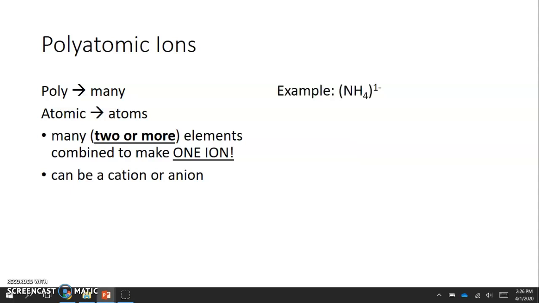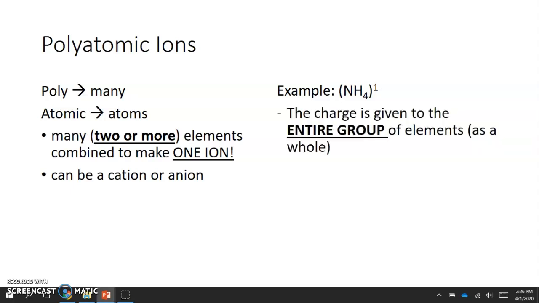So the example that we're going to be looking at here is ammonium. And ammonium is a polyatomic ion that typically has a charge of +1. Okay, so the charge is given to the entire group of elements as a whole. So the charge doesn't apply to just the nitrogen or the 4 hydrogens. It applies to the entire compound itself. Okay, so that +1 goes with the ion, the NH4, and it goes at the top. So we're going to put our NH4 in parentheses, and we're going to put the charge as a superscript outside